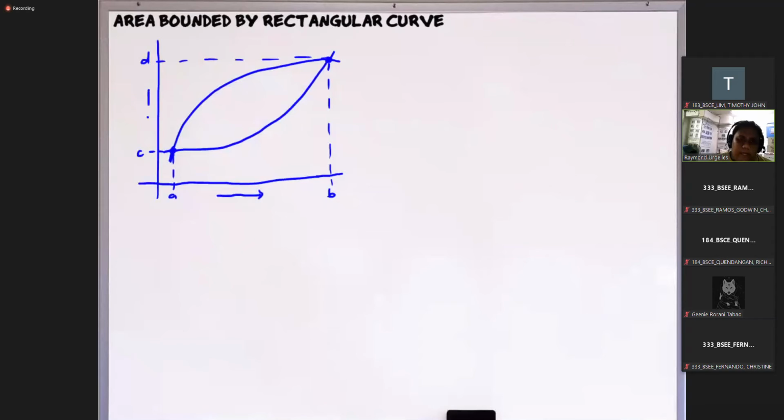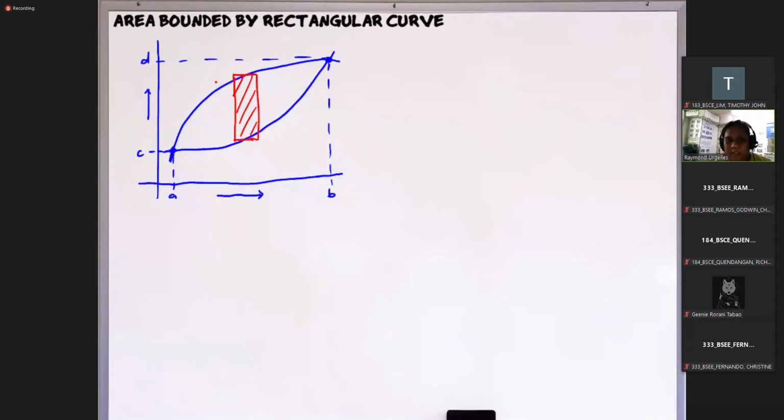So if we integrate it here, this is our limits of integration. One way to solve this is by using what we call vertical strips. For a vertical strip, you just make a rectangle. So basically, we just consider, for example, this rectangle. Okay, so we have this rectangle here.